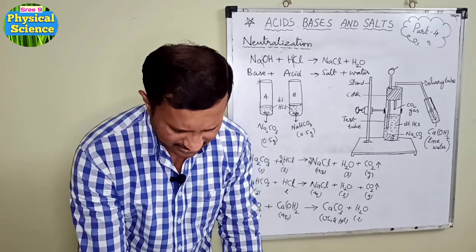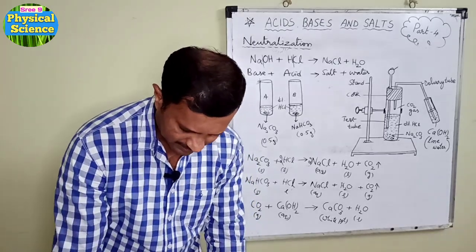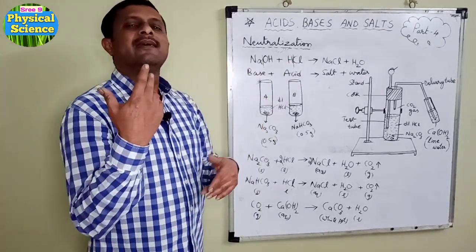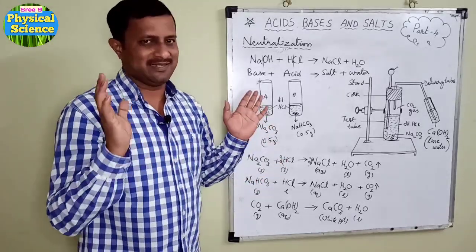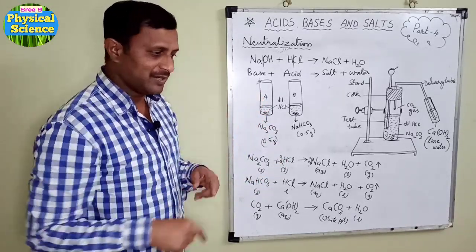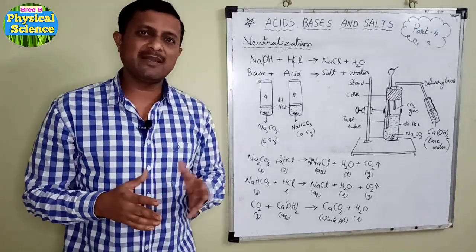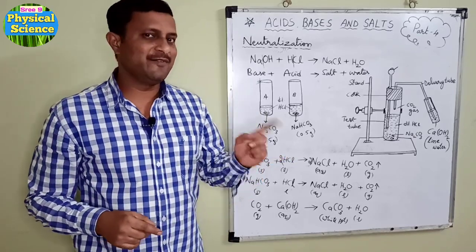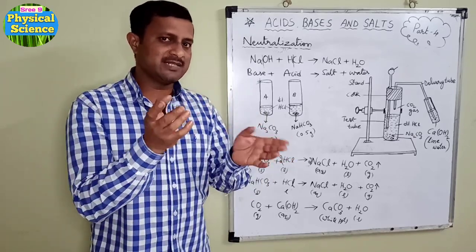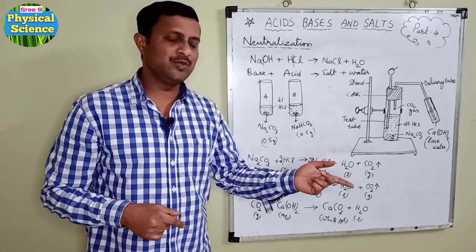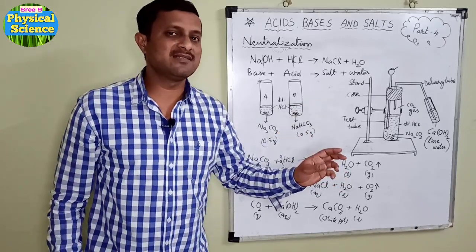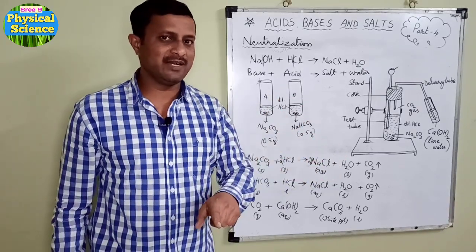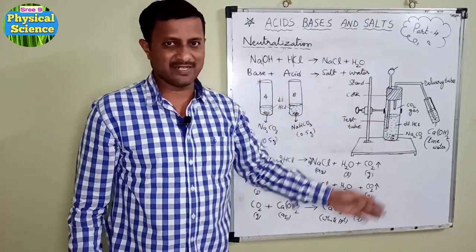And you may ask, sir, whether the reaction takes place only between sodium hydroxide and hydrochloric acid? Between any acid and any base. But here one thing you have to remember, there are some acids and bases which are called strong acid, weak acid, strong base and weak base. So the reaction between such acids and bases leads to the formation of different salts. Those salts are called acidic salts and basic salts. We will learn this topic in salts after this, right?